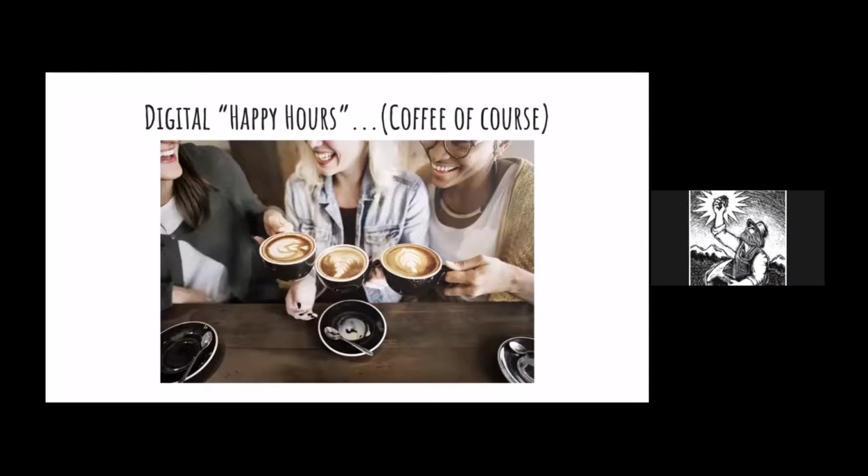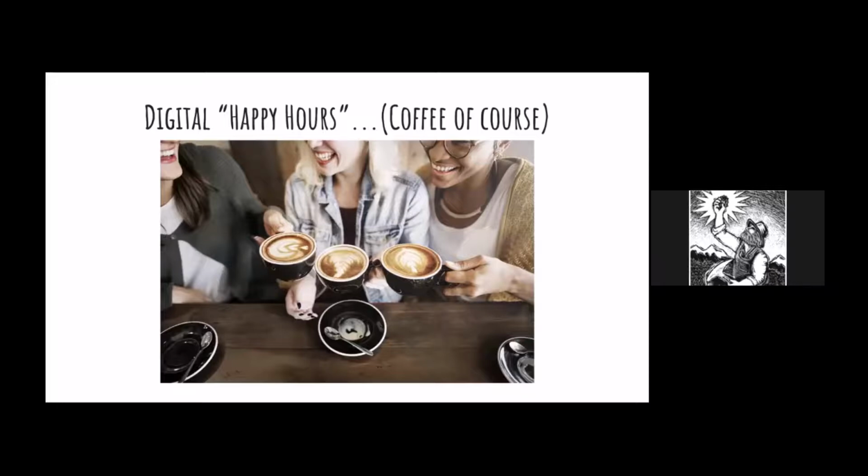Some of the different iterations of digital happy hours that I've seen and that I have planned for these coming weeks are themed digital happy hours. It can be something as simple and as silly as wear a goofy hat for our happy hour, and we'll vote who has the best hat, and that person gets to choose what the theme is for the next one.